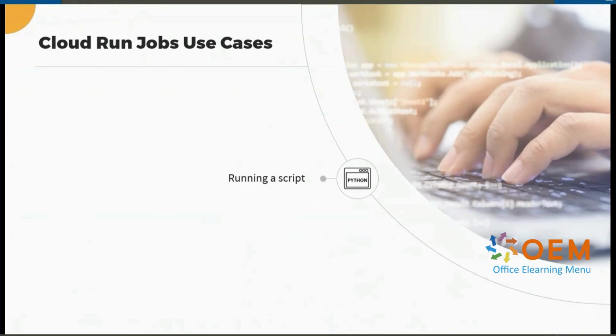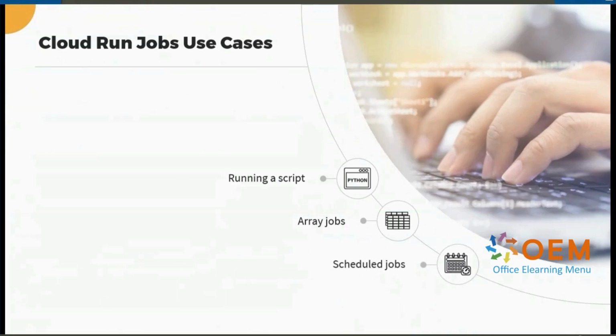They're one-off jobs or jobs that may repeat every hour or 15 minutes, whatever you really desire. Cloud Run also supports array jobs. So it allows you to run multiple tasks in parallel, which is great for, say, processing large data sets or distributed workloads. And scheduled jobs are another powerful feature. It allows you to automate recurring tasks, such as database backups or periodic